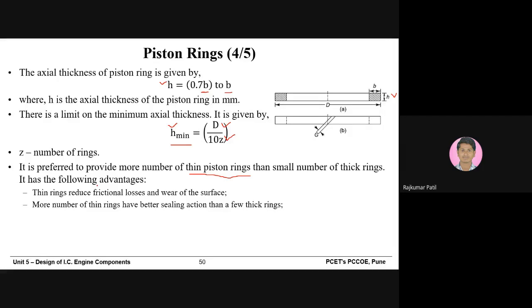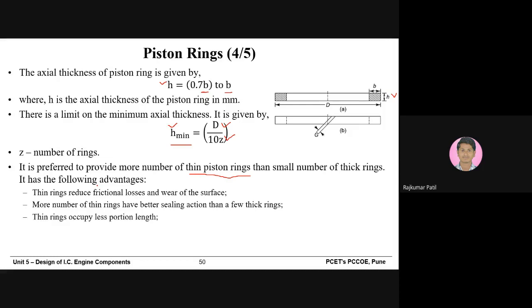the rings have a cut or a slot, and when they are placed on the piston, generally their open ends are placed opposite to each other. So if the number of rings is less, then there is a chance that flue gases may come into the crankcase. But if there are more rings, and their open ends are placed opposite to each other, then it reduces the probability of flue gases flowing from the combustion chamber to the crankcase. So these are the additional advantages.